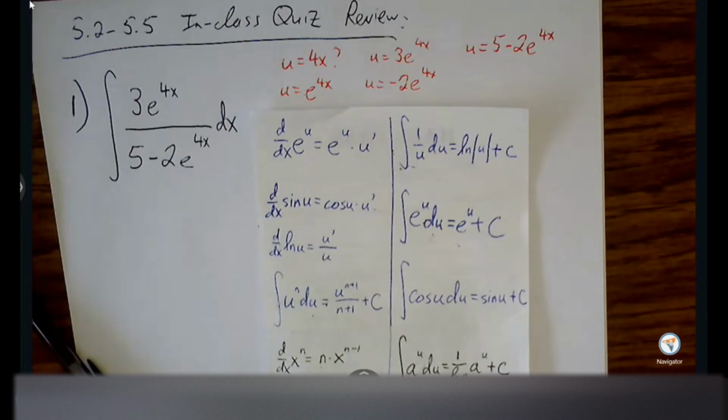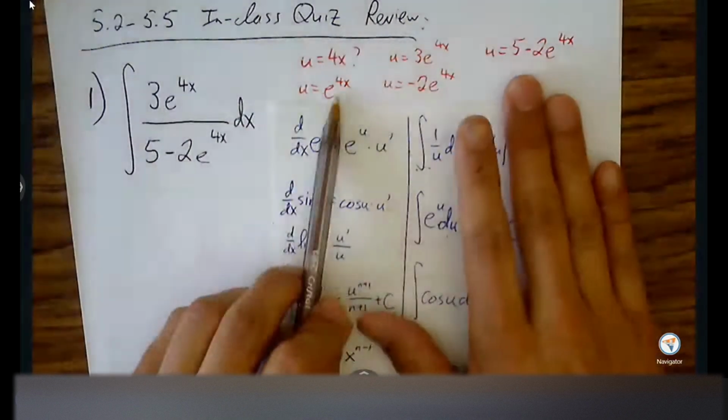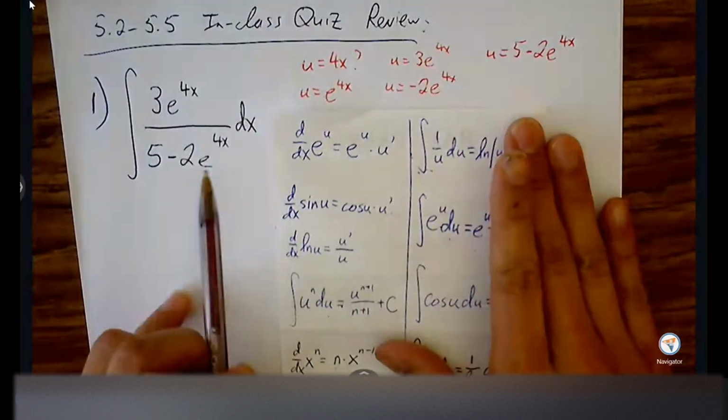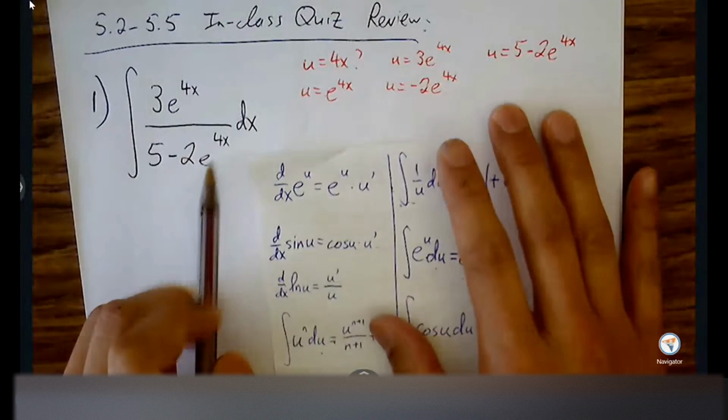If it doesn't match one of my rules, I've got to scrap my u value and pick another one, preferably a larger portion. So e to the 4x, still a little bit too small. Now, if you pick the denominator,